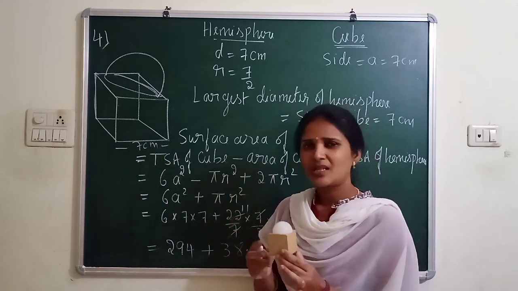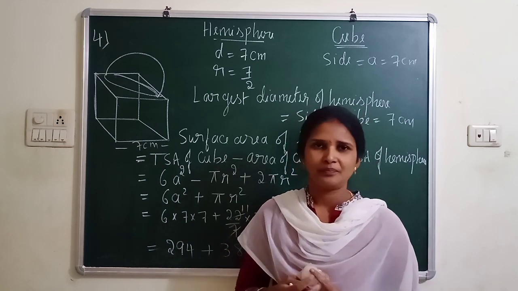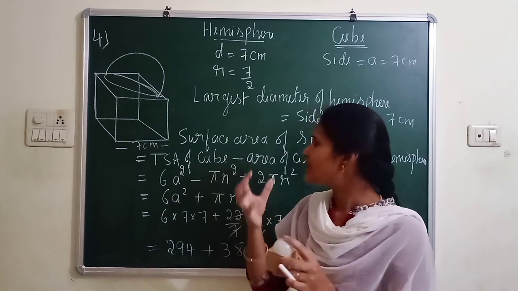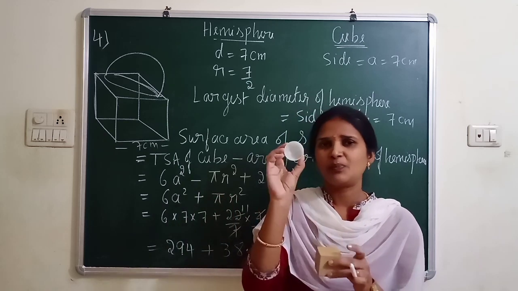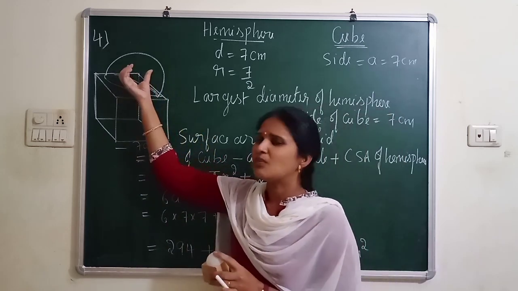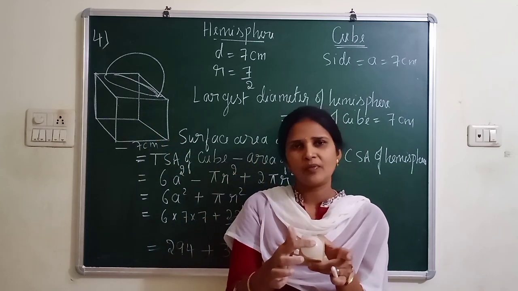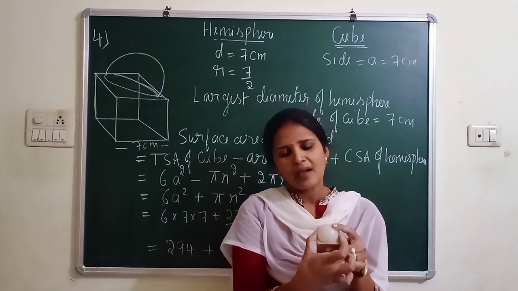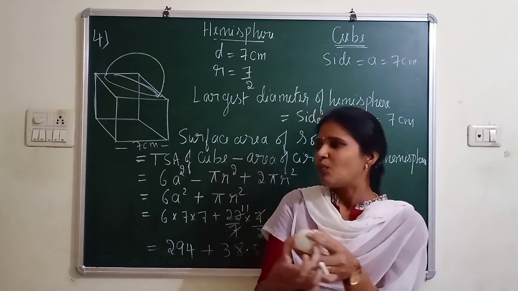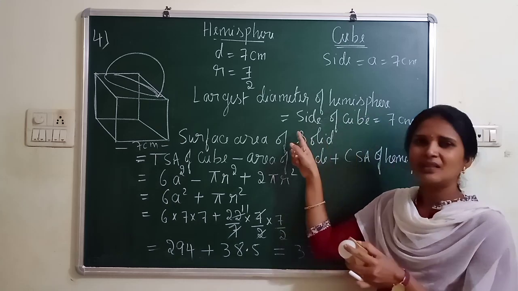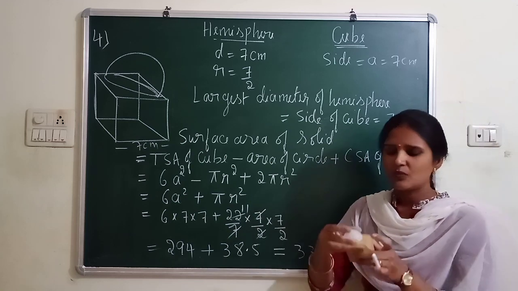Now to find this block, just now I told you for 3 questions, whichever part you can see, that you have to consider as an area. Let me discuss that later. First let me answer the question being asked. Find the largest diameter that a hemisphere can have. We don't know any information about the hemisphere. But this hemisphere is mounted on the top of the cube. So I can tell that the edge of the cube and the diameter of the hemisphere will be exactly the same. So what is the largest diameter of the hemisphere? Nothing but the side of the cube, which is given as 7 cm.